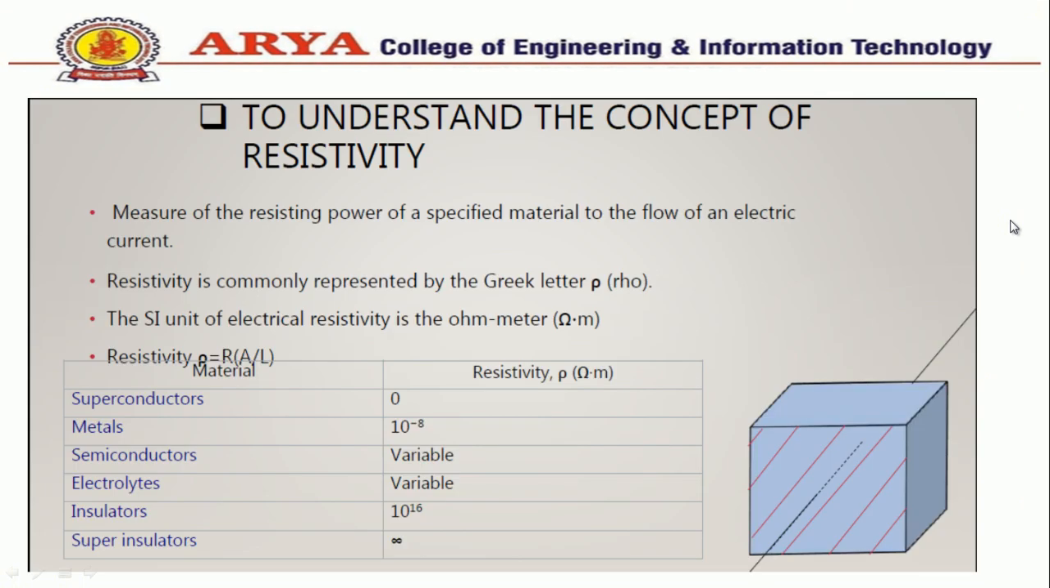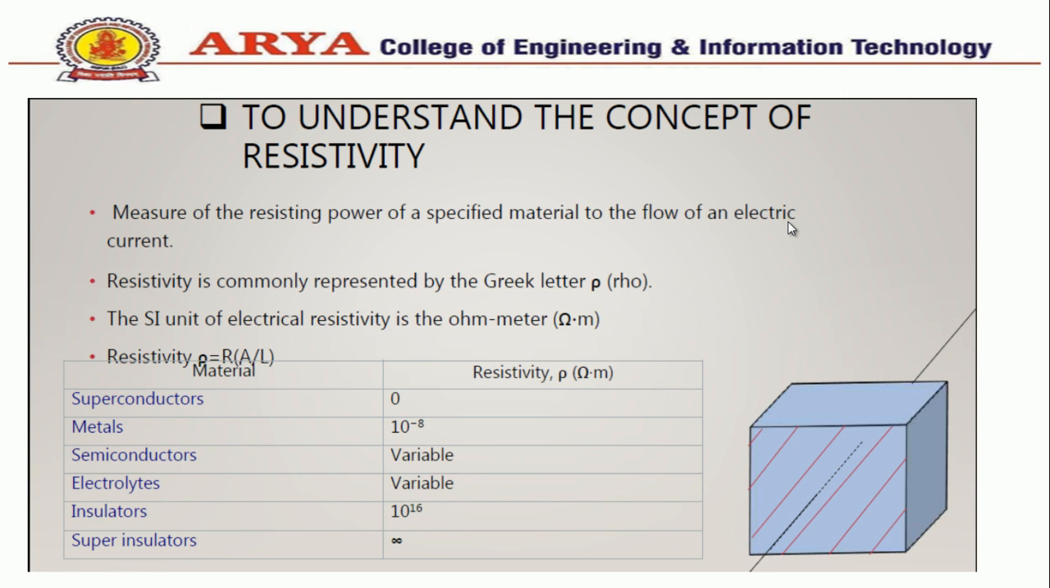So, what is resistivity? The resistivity is defined as the measure of resistive power of a specified material to the flow of an electric current. Resistivity is commonly represented by the Greek letter rho. The SI unit of electrical resistivity is the ohm meter. Resistivity is defined for a particular resistor R with area A and length L, that is rho equal to